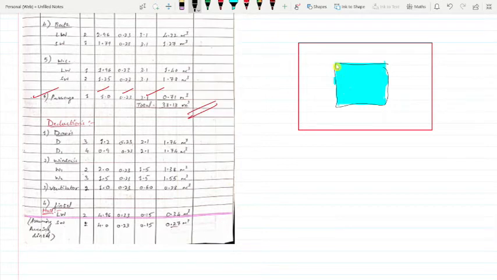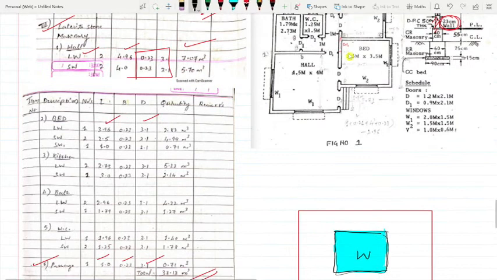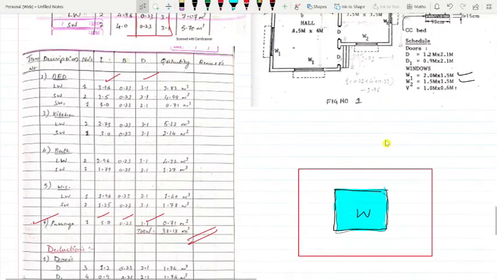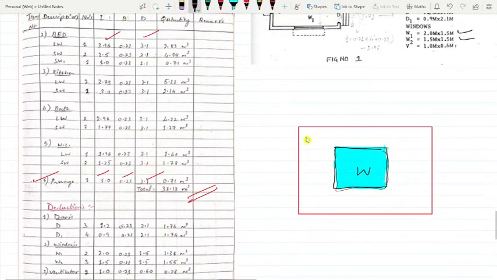We have to deduct the length of the window. This is the window actually. Window dimension is given in the plan. See here, two types of windows are used, W1 and W2: 2 meter into 1.5 meter, and 1.5 meter into 1.5 meter. In the hall, which type of window is there?